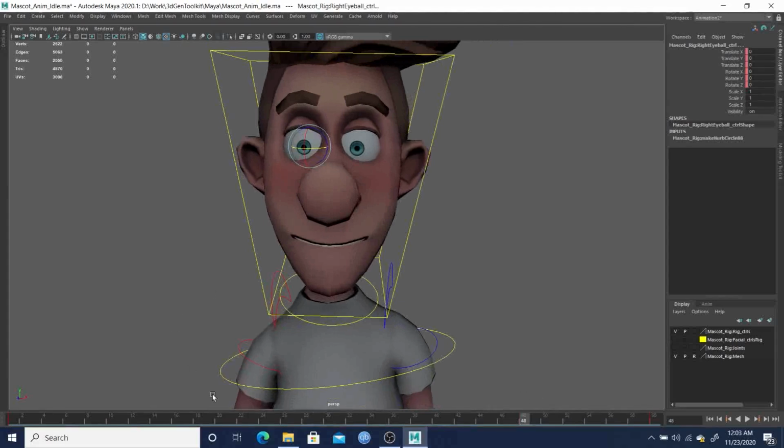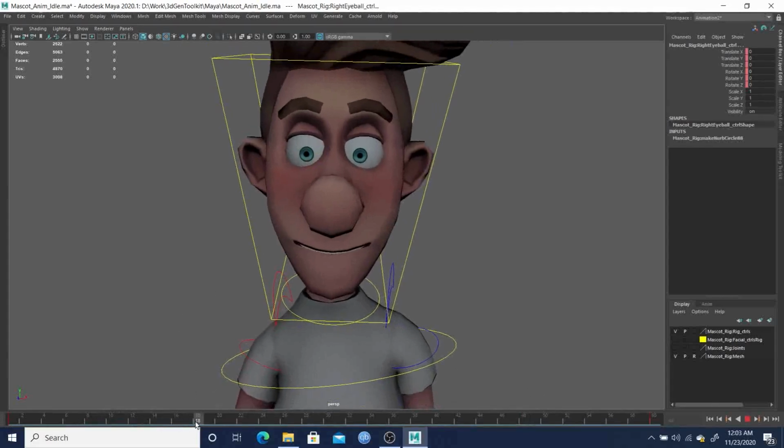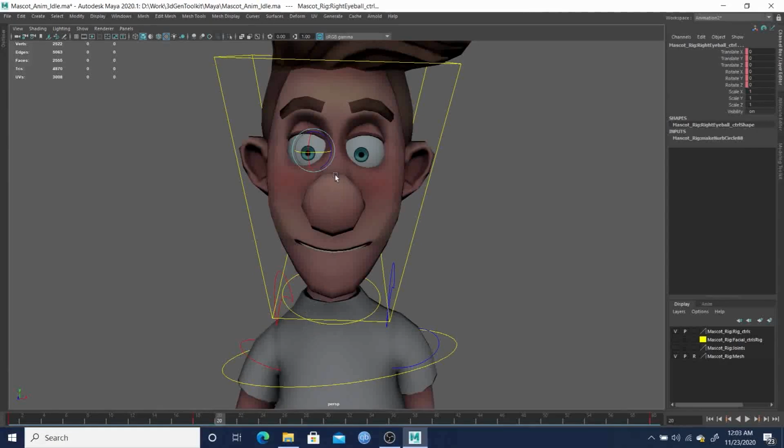So with that, I'm going to go maybe say to 18 and just set a keyframe on the rotation. So Shift E, and then 2 frames. I'll just actually rotate just a touch and maybe up. So now he's just kind of looking over towards his right, so screen left,